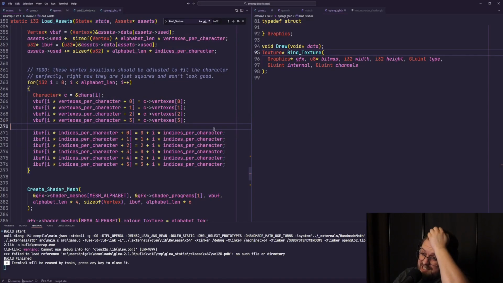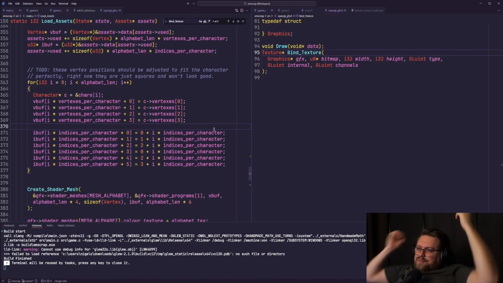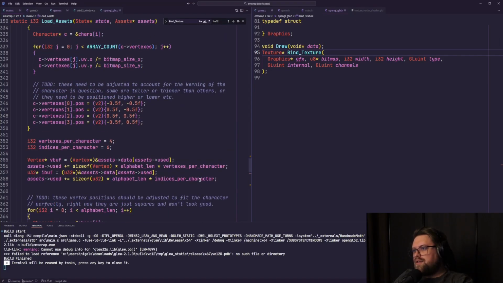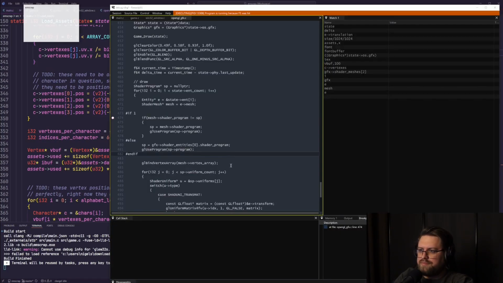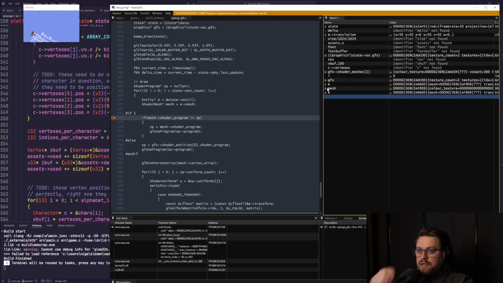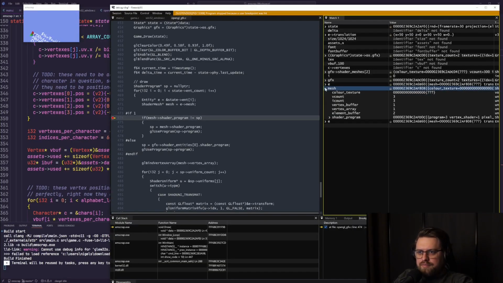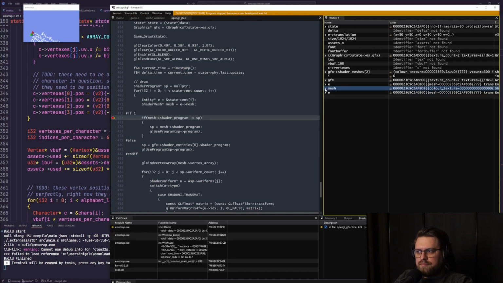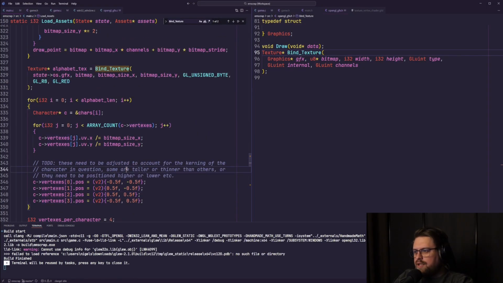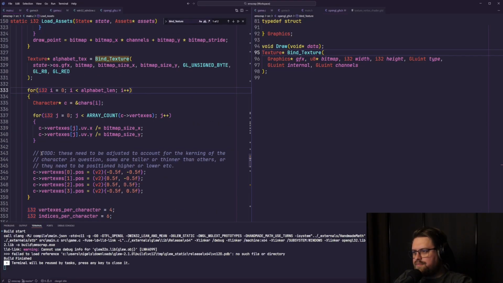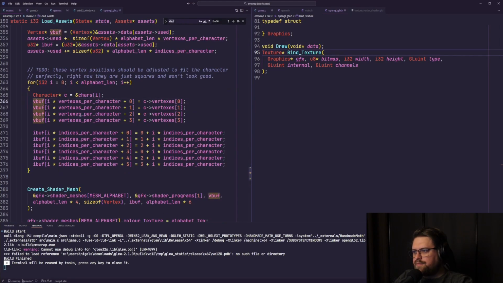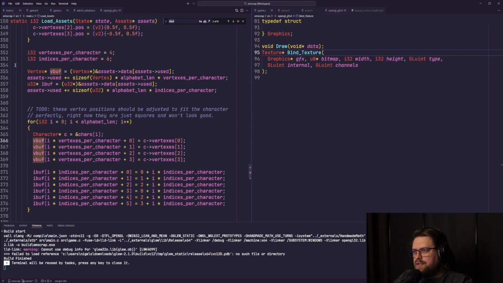Now, I don't think the UVs are anything. I think they might be nothing. Well, I can just see it here. So my V buff here